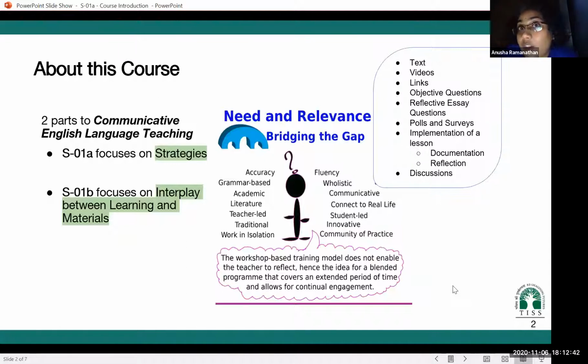Do I teach accuracy? Do I focus on fluency? Do I focus on grammar? Do I focus on the whole communicative language teaching? What is it that we have to deal with? How do we connect? How do we deal? And that is one of the reasons why we have focused on the communicative English teaching approach, which is more holistic based. And I hope we'll answer a lot of these questions.